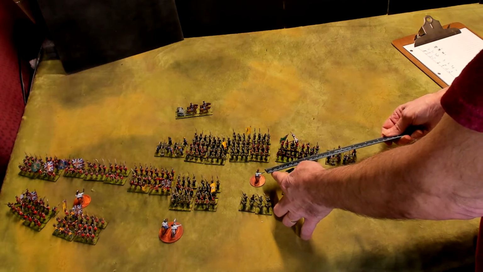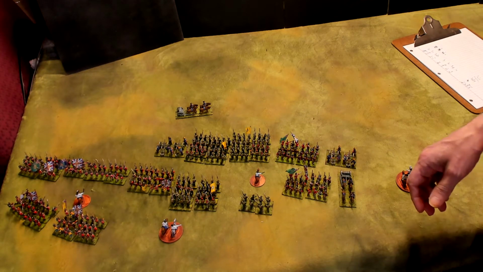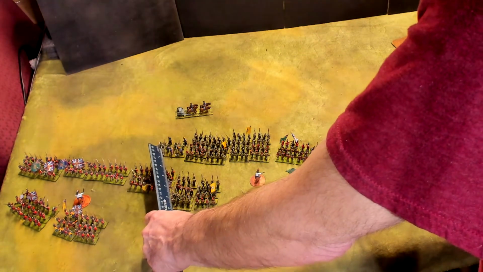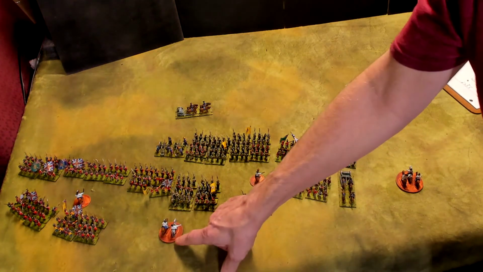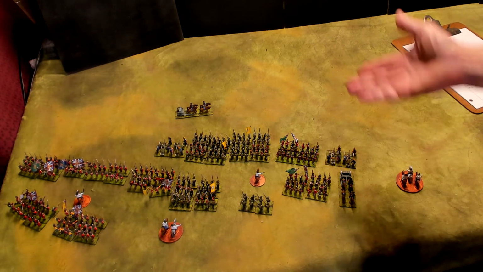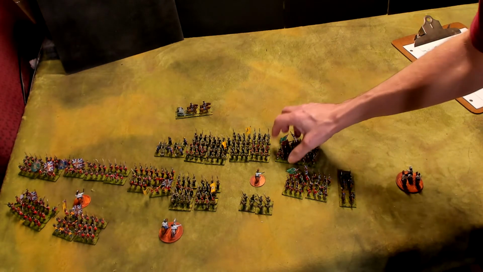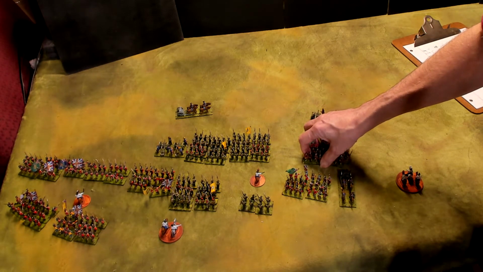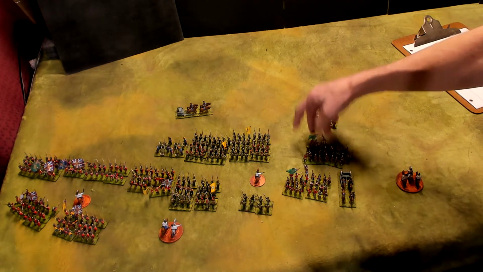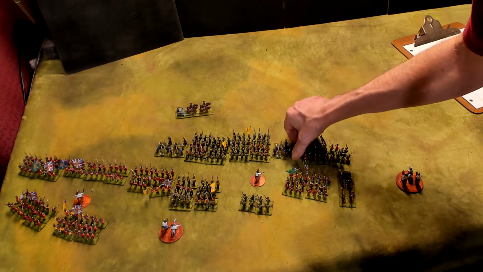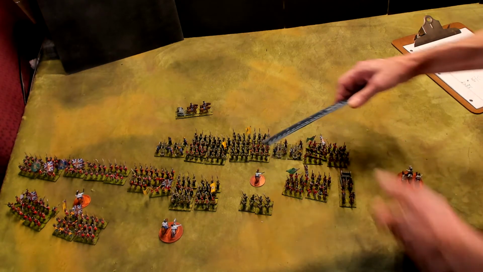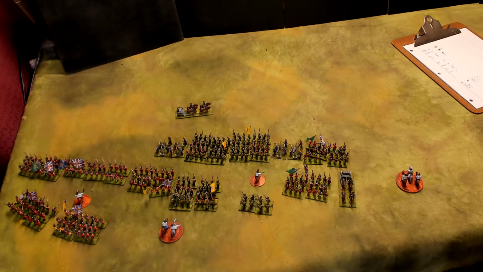That artillery would be out of command because it's too far away. That artillery would be okay because it's within 6 inches of the division general. Remember, division generals can still command the artillery. So the player would have to ensure, what's his range? 3. Yeah, right there would be good. And then making sure the artillery is also within 3, and it is. So believe it or not,